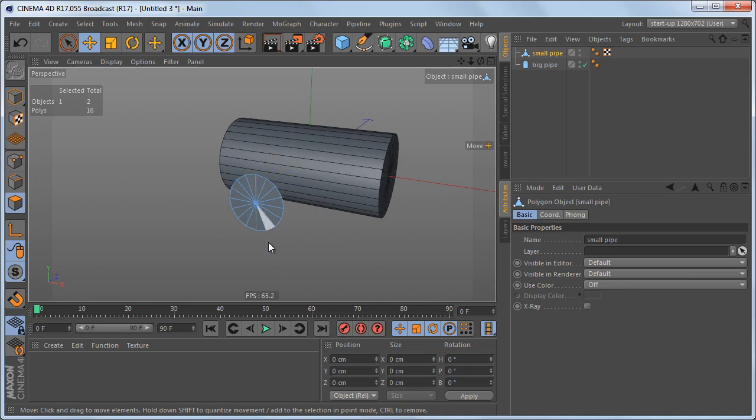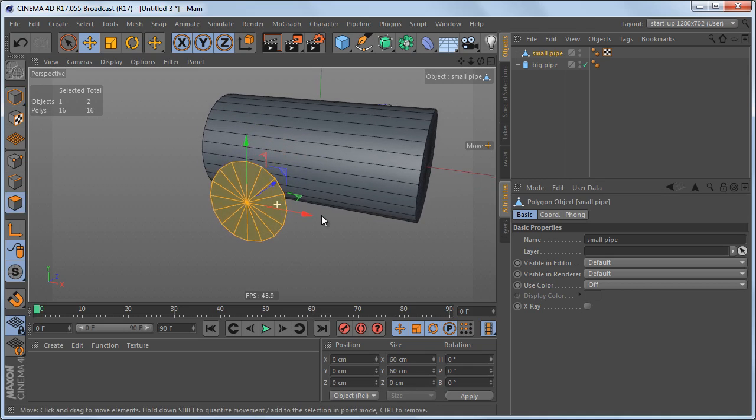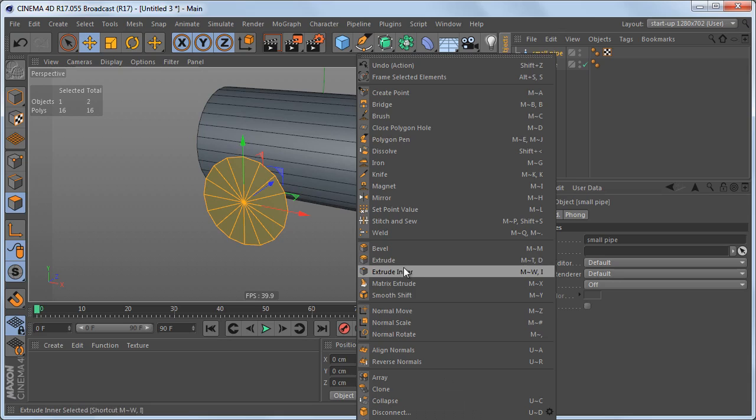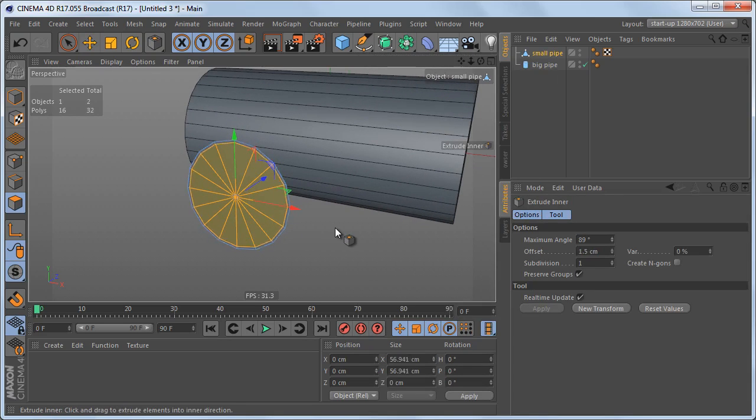One thing we can do is, in polygon mode, select all of the polygons and then use Extrude Inner to create a polygon loop like this that we can use as a transition. But the problem is that we're changing the original radius of that small pipe, and I want to keep this at 30 centimeters. So the way I'm going to do this is I'm going to select